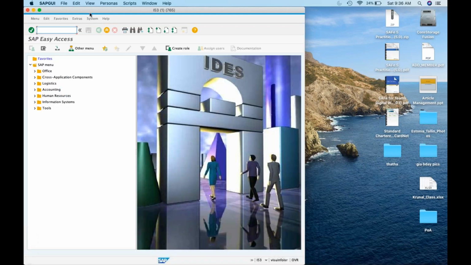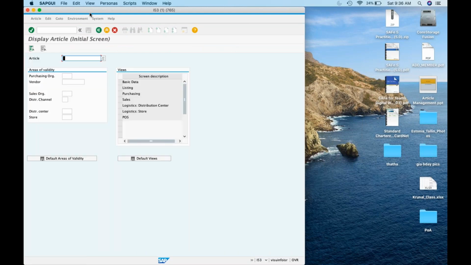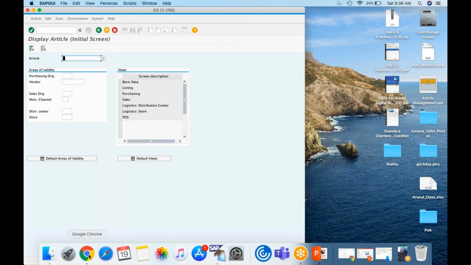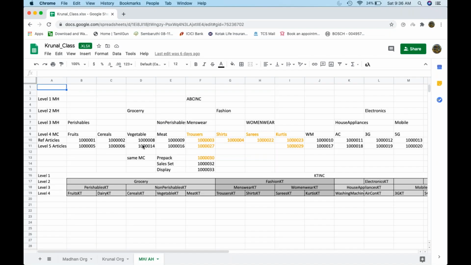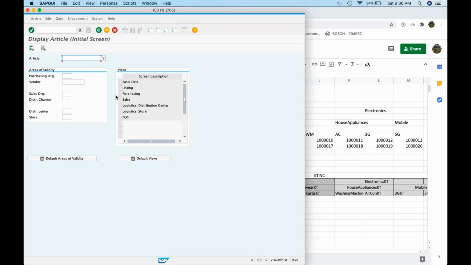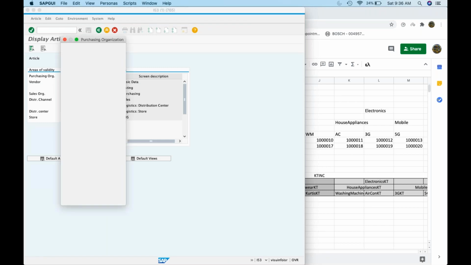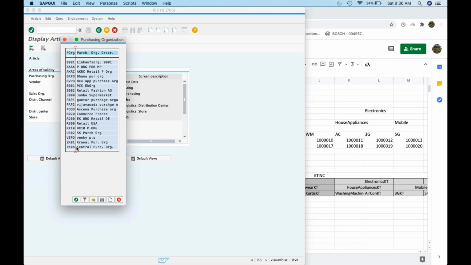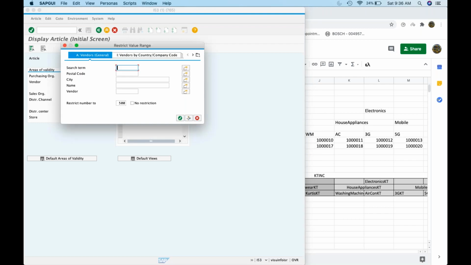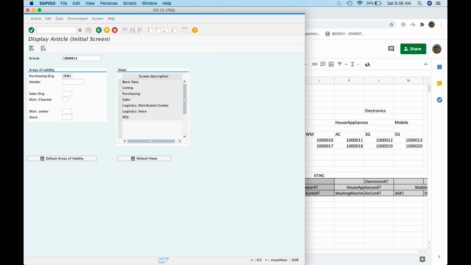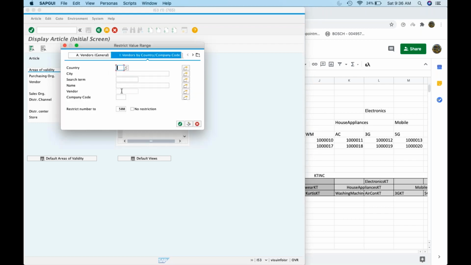So for instance, MM43. Let's take article ZK01, and our vendor is Krunal. Company code.